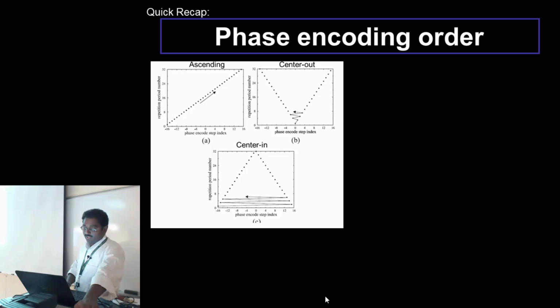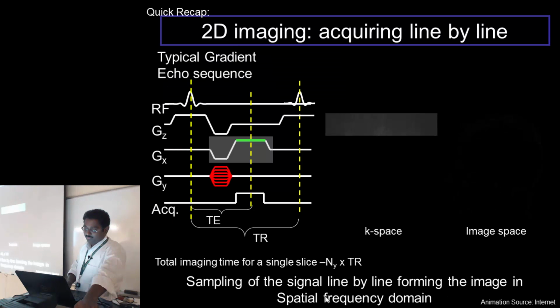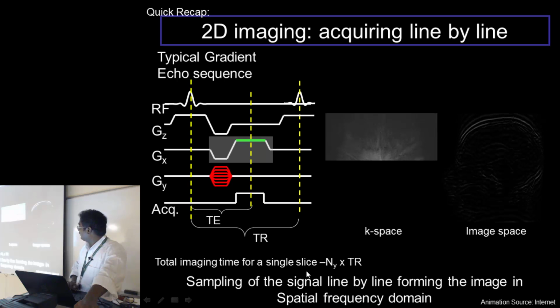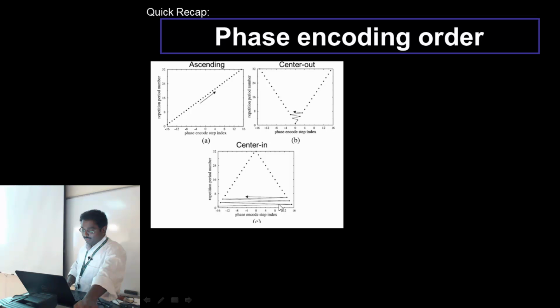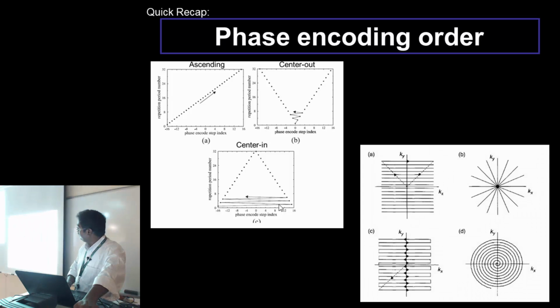Anyway, one more point was the imaging time becomes Ny times TR, which is the number of phase encoding lines times the repeat time in this kind of sequence structure. Then we saw the different trajectories, and the other examples of trajectories. You can think of all sorts of algebraic combinations. You can play out your gradients in every which way and trace out different trajectories in k space, and each has its own advantages and disadvantages,